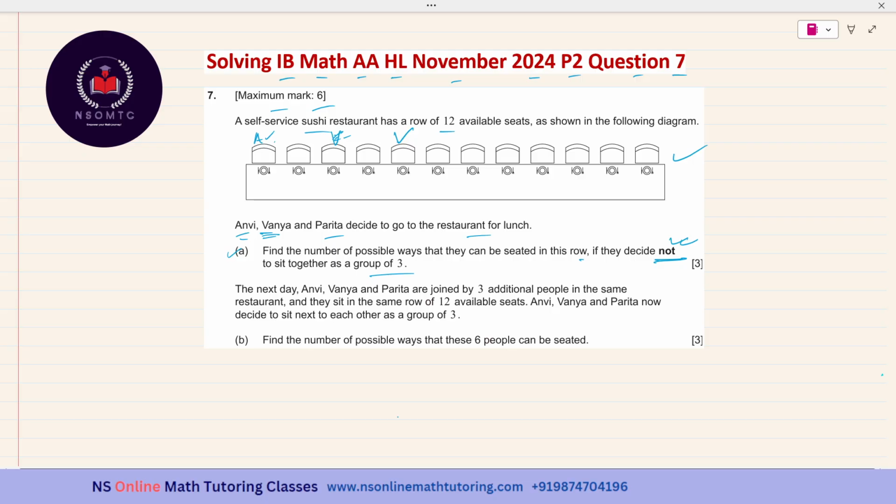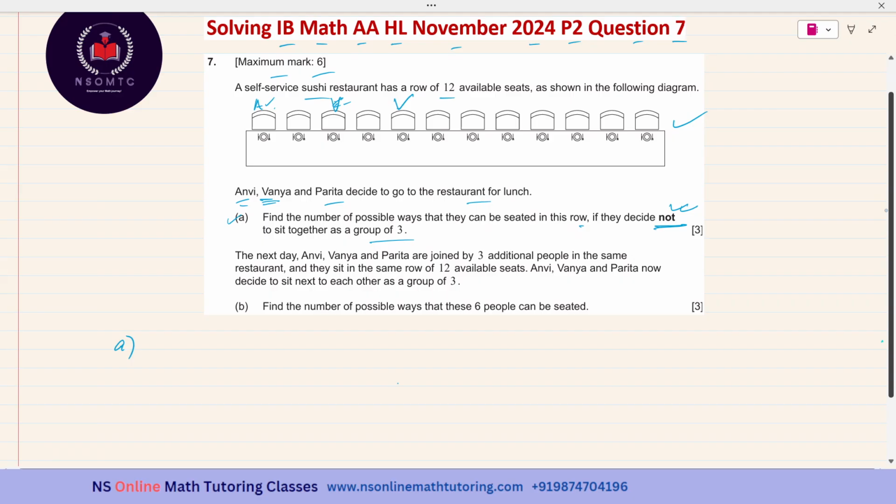So how many distinct cases will you be taking one by one? It is better to check how many ways they can sit together and just subtract from the total number of ways in which they can be seated. That is the usual custom of finding the number of ways in which something doesn't happen. There is a negation, so in most cases we use this negation technique, subtracting technique rather. So, total number of ways